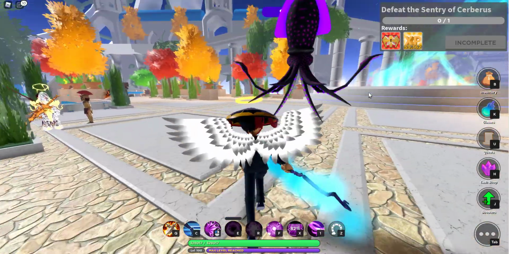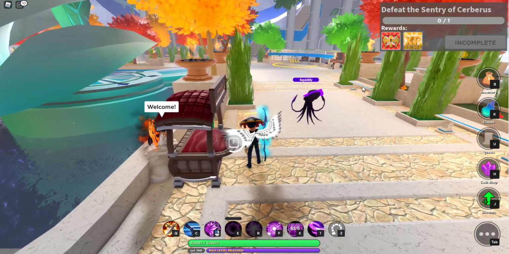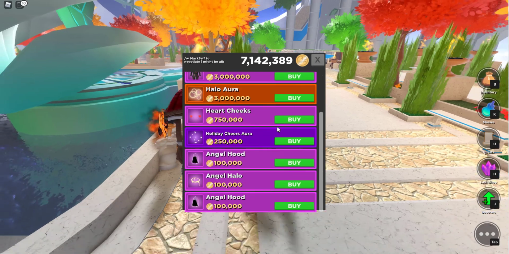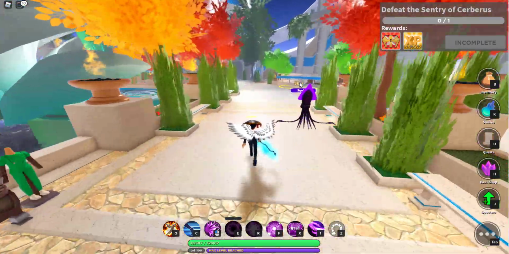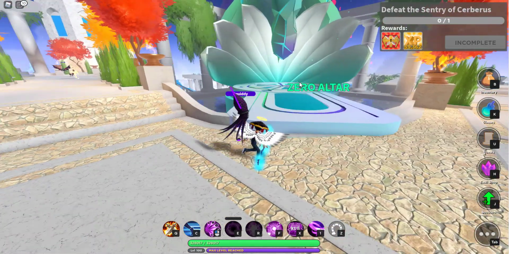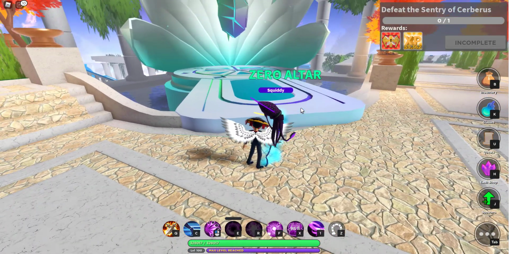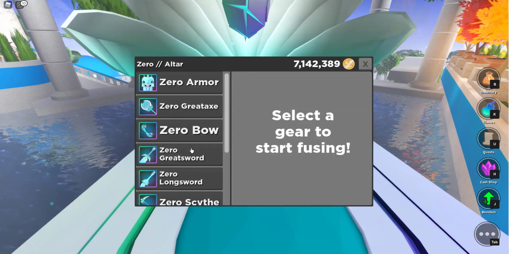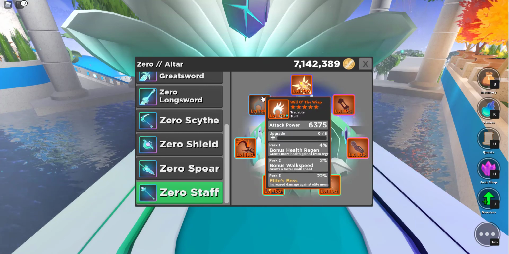So first of all, you figure out what type of weapon you want to make, whether it's a bow or a shield or whatever. And you have to go to the World 7 Zero altar, I call it an anvil, because here's where it makes it. You come up here and you see what it takes to make a zero staff. It takes seven